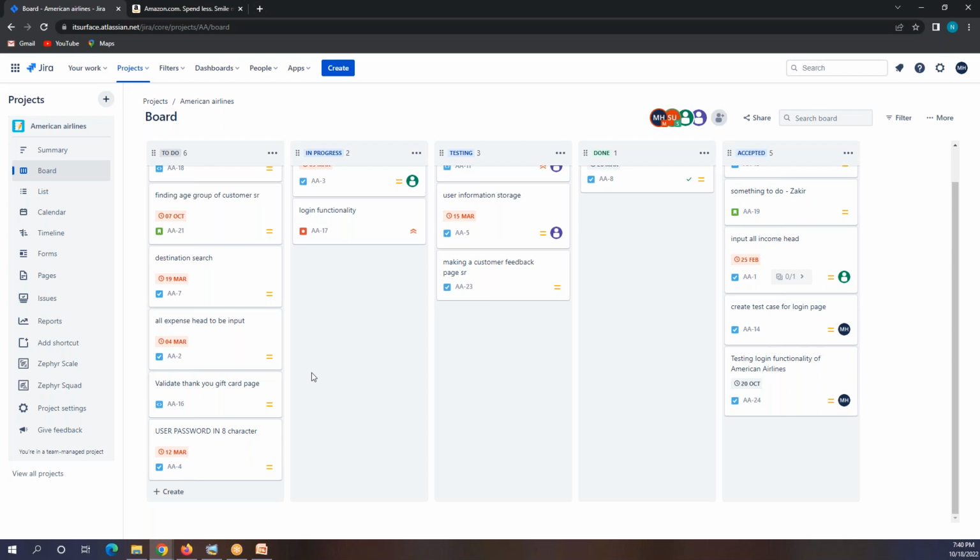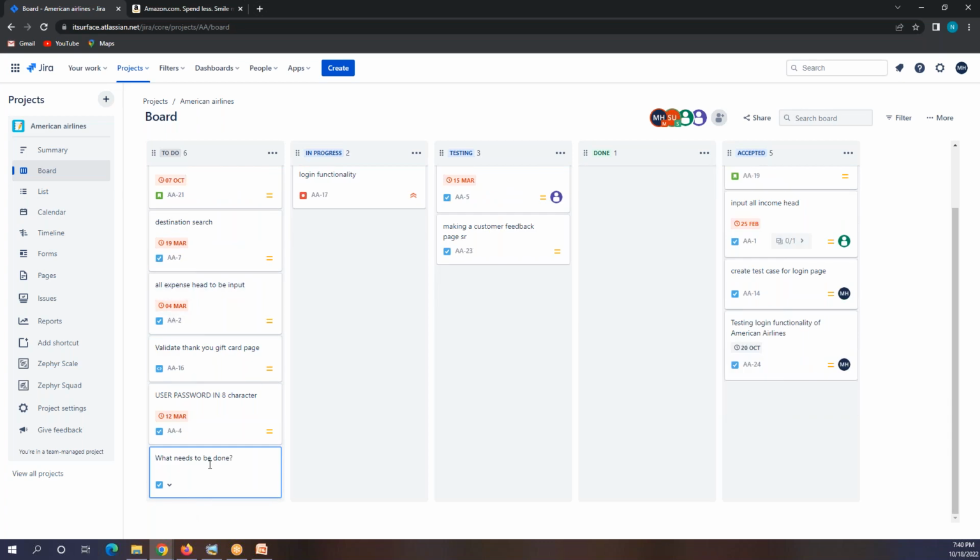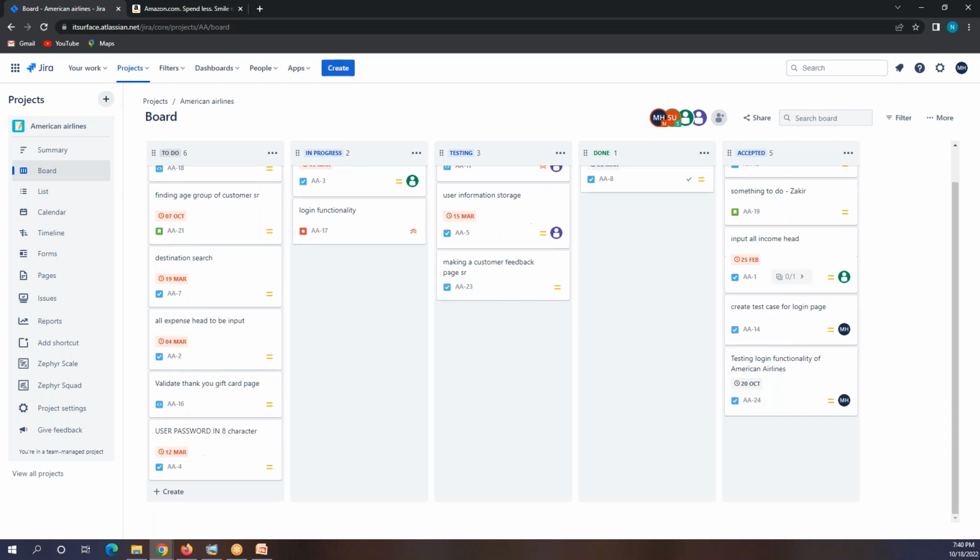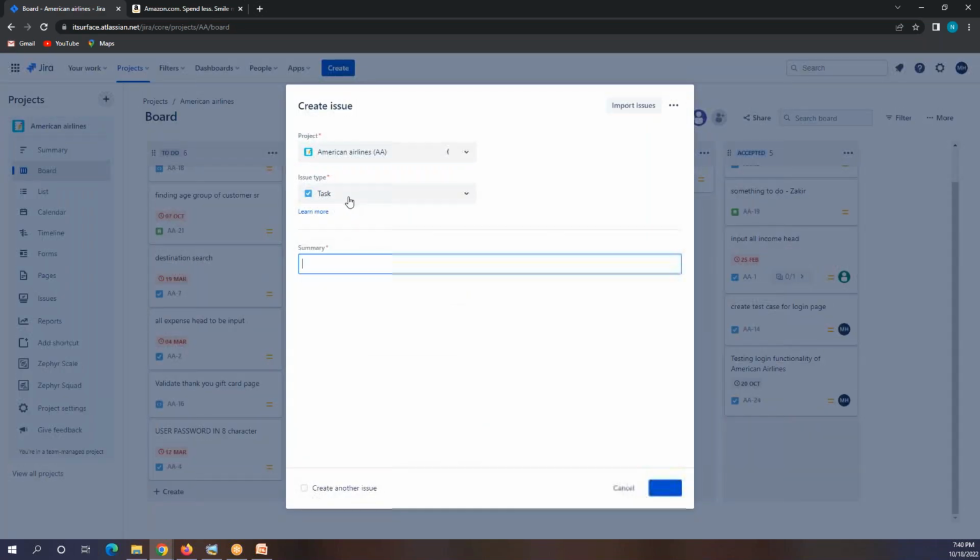The task that you have to create, because you are not just testing. Testing means writing the test cases. Even if you are writing the test cases, you have to create a task like this, for example, that you have to write 10 test cases. Let me create it here. So it's a task.